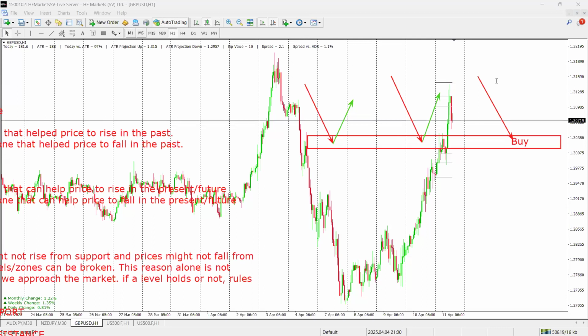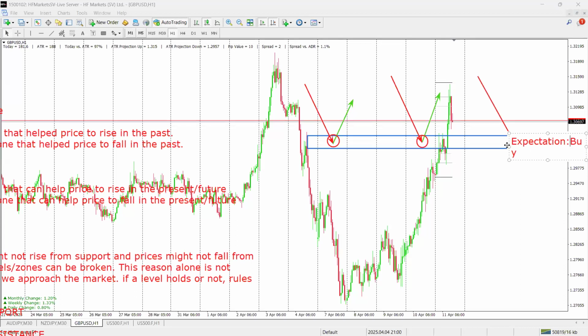Now you'll be wondering, what's wrong with this person? Why is he buying when they can clearly see that prices are falling? It is because of expectation. And what expectation is that? Expectation that since this point has served as a level of support for price to bounce before, it did it again in the past, helping prices to bounce again. It could be enough for me to hold expectation of a buy